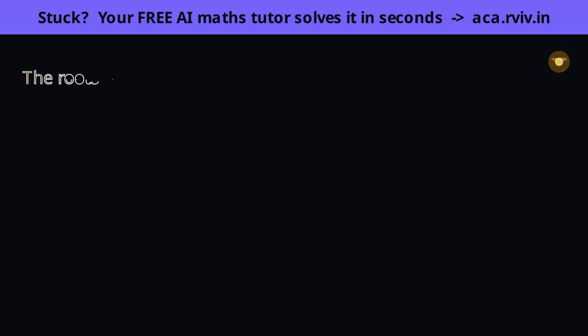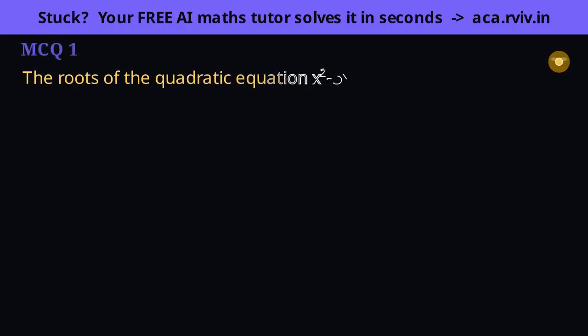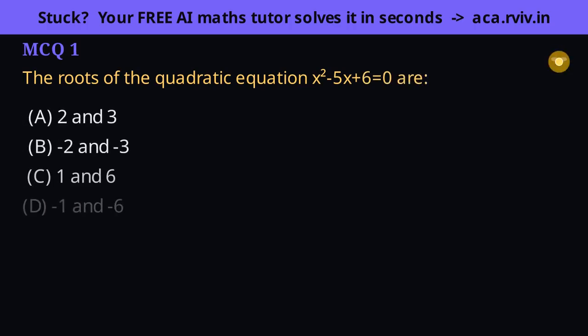Factorize by finding two numbers with product 6 and sum minus 5. Since A is 1, those two numbers become the bracket constants directly. Consider the four options. Minus 2 and minus 3 multiply to plus 6 and add to minus 5, so the equation factors as x minus 2 times x minus 3, and setting each bracket to 0 gives roots plus 2 and plus 3. Option A.